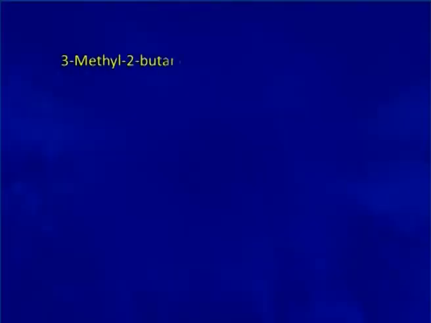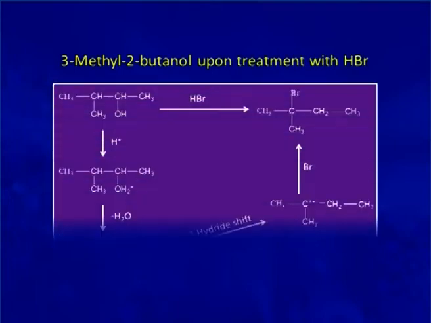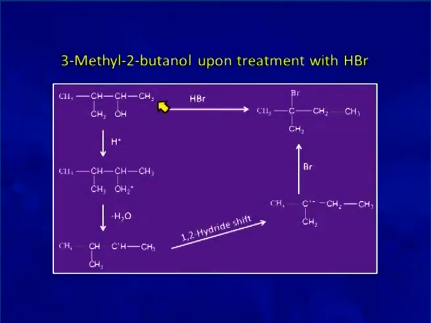We will now discuss some reactions in which nucleophilic substitution takes place, but in the meantime, during the mechanism, rearrangement also takes place. We will take the example of 3-methyl-2-butanol. This 3-methyl-2-butanol, when it reacts with hydrobromic acid, it forms 2-bromo-2-methylbutane. The hydroxy group is present at position 2 here, but when you see the product, you see that the bromo group has not gone to the position where the hydroxy group was earlier placed. Now, what has happened during the reaction?